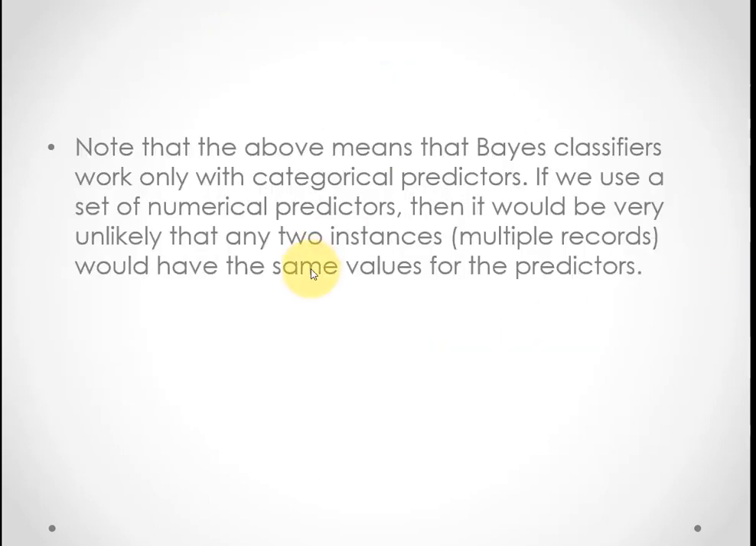Okay, one thing to notice is that the previous slide means that this Bayes classification scheme only works with categorical predictors. If we use a set of numeric predictors, then it would be very unlikely that multiple records would have the same values for the predictors. So what that means is